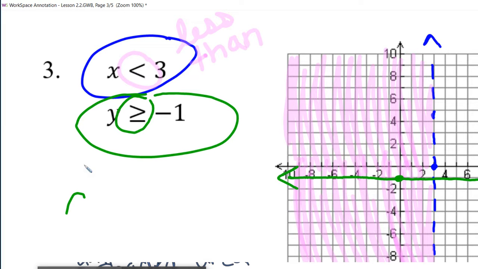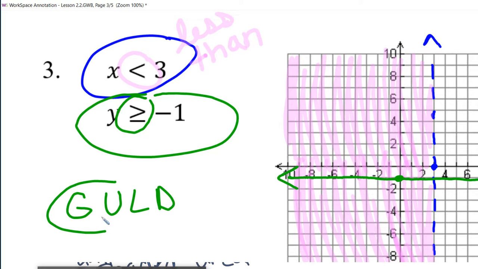And remember my acronym GOAL? Looking at my symbols, is it greater than or less than? Greater. So if it's a greater than, which direction do I shade? If I shade up, put your pencil on the line, I'm shading everything up here. This time I'm going to start my shading over here on the right side. So I'm shading up,